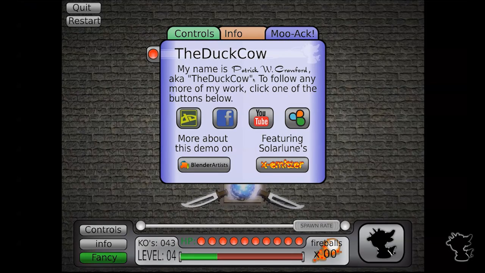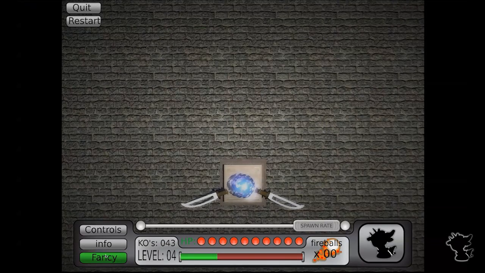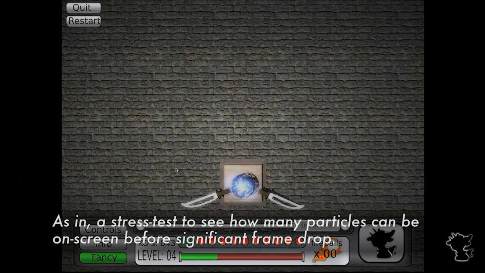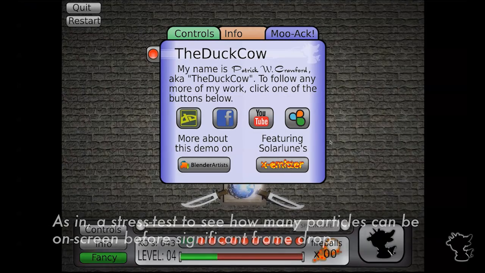So that's the basis of the demo. There's really not that much more to see. You notice I have a fancy button. It is enabled. This was, like I said, a test of using particles and filters and whatnot. Click on this. Again, big thanks to SolarLoon,